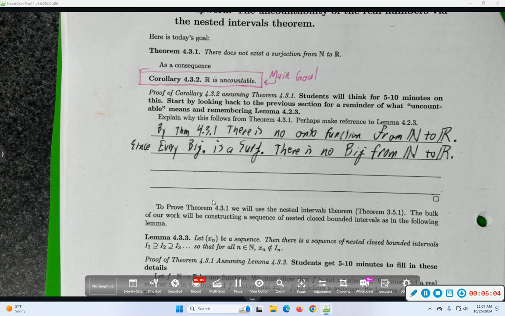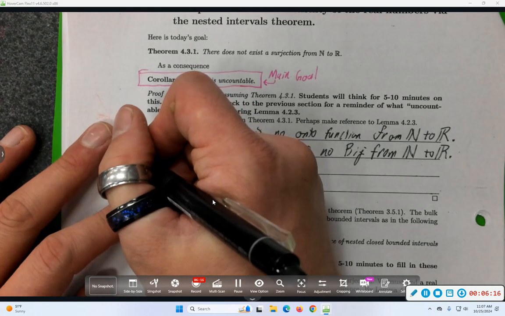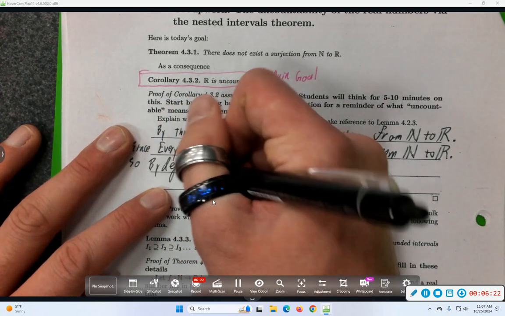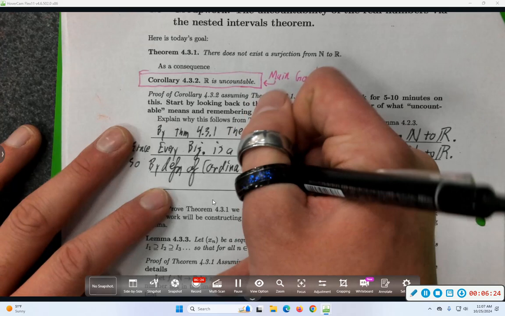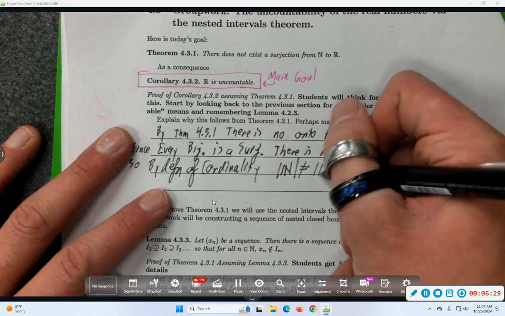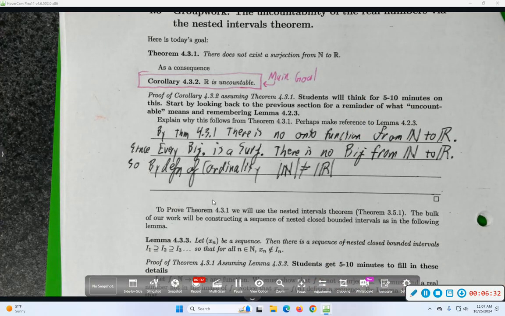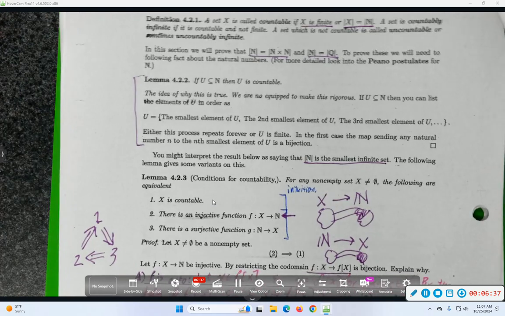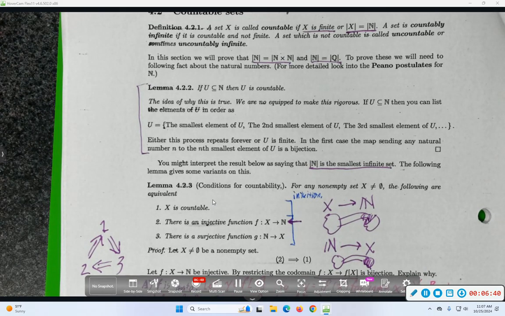And I don't see the word uncountable yet. So let's spell out all the logic. By the definition of countability, it must be a bijection. Almost. By the definition, I would say, of cardinality, certainly the size of N cannot be equal to the size of R, because if they were equal, there would be a bijection. But if you go back to the definition of countability, there's a silly thing in the way of that just being enough.